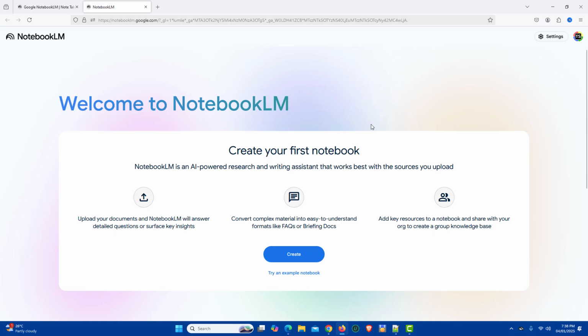Here you need to log in with your Google account. Just enter Gmail address and password to log in to Google NotebookLM. Now once you are logged in, on the home page, you will find the settings option at the top right side. Just click on settings